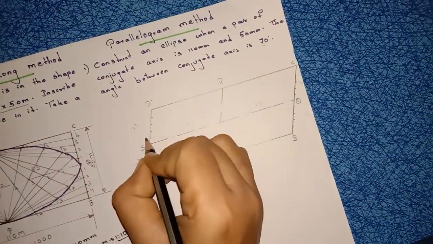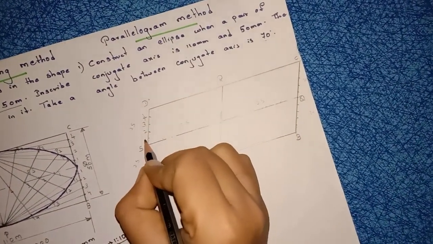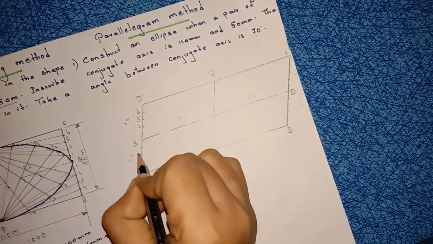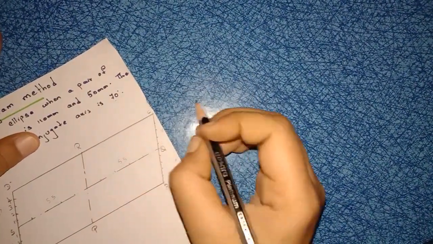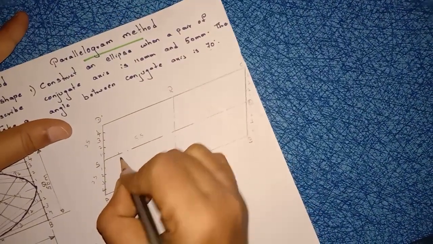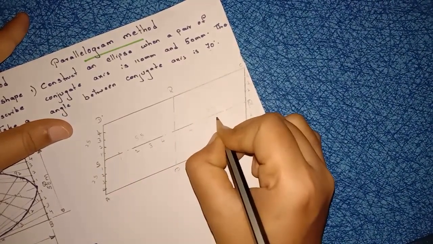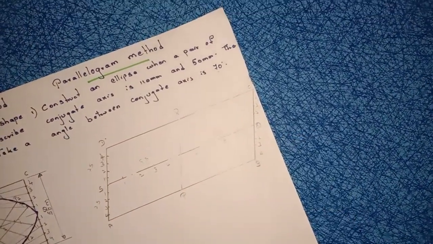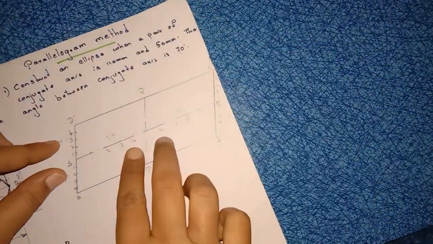Right? Write down the numbering 1, 2, 3, 4. Here 1 is the starting point, no? Same start here. 1, 2, 3, 4. Here also, 1, 2, 3, 4, 4, 3, 2, 1. If you mark the numbers wrong, the total problem will be wrong. So 1, 1 here, 1, 1 here, 4, 4 here.